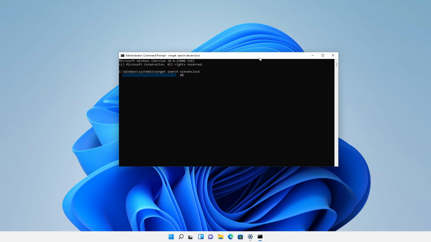What this will do is it will search for 11 clock. And it's basically this version. Let me check. Yeah, what you need to do is to install Ekevenclock, and you need to have the ID